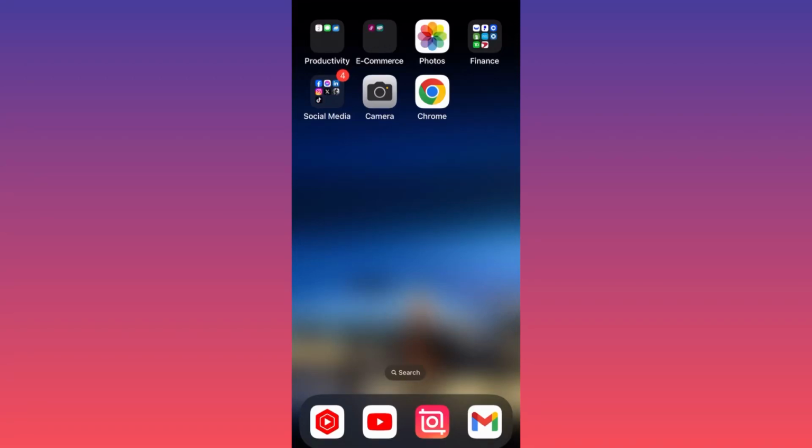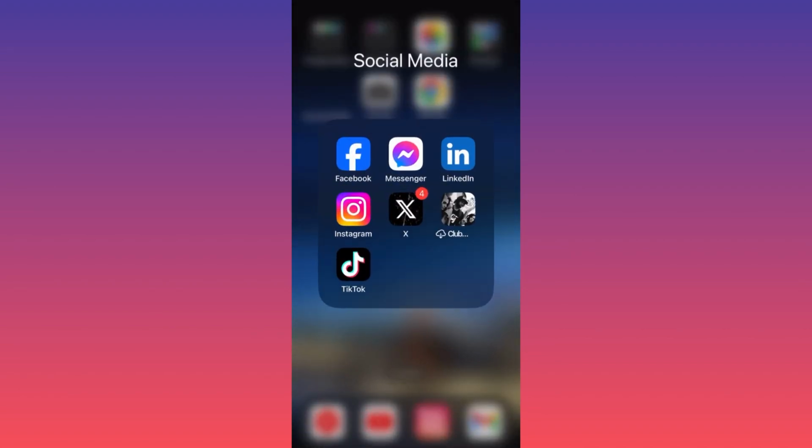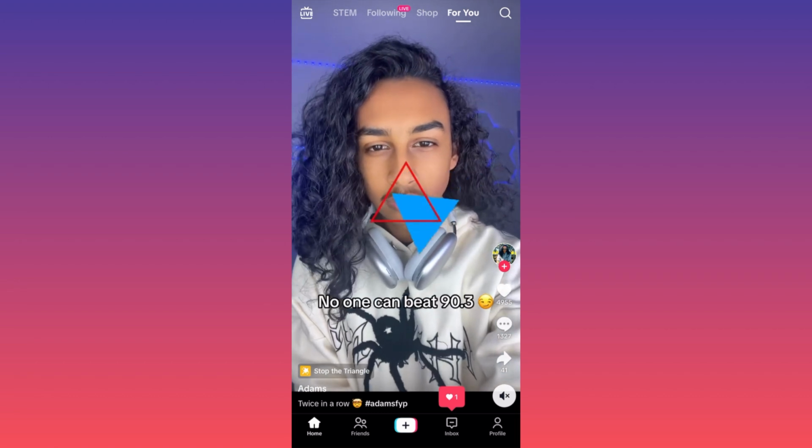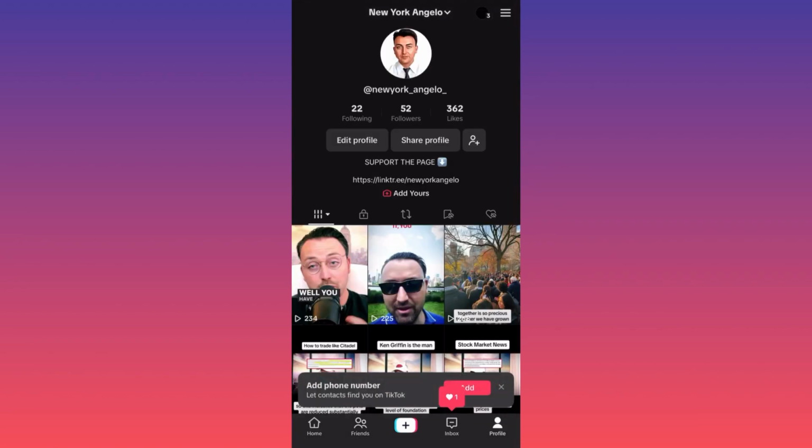Hi guys, in this video I'm going to show you how to turn on the dark mode on TikTok app. First thing you want to do, you want to launch the TikTok app. Then you want to click on the lower right corner where it says your profile. You click on your profile and then you want to head to the top and click on the three straight